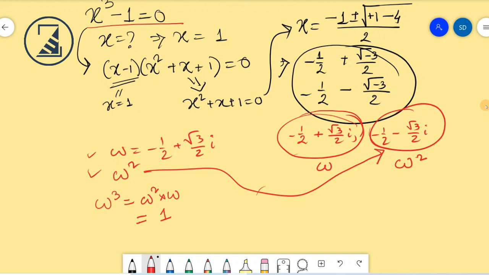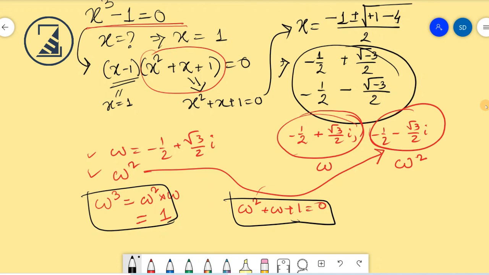So omega cube is 1, because omega satisfies this equation x cube minus 1 equal to 0, so omega cube minus 1 equal to 0, so omega cube is 1. And omega also satisfies the equation x square plus x plus 1 equal to 0, so we find omega square plus omega plus 1 equal to 0. These two relations